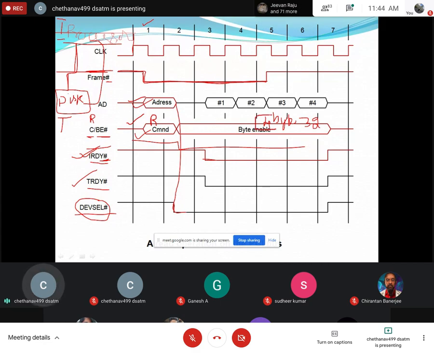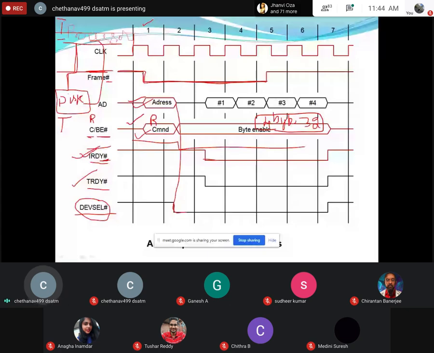Okay, that's what. And here, as soon as the address and command are available, the processor has put forward the address and command. It indicates one signal that the initiator is ready and even the target is ready. Here initiator means processor, the target means disk. Okay, both are ready. And before these two are ready, a device selection signal should be active. Device select means out of n number of disks, from which disk I want to receive the data. That is what device select will do. I think with this I have explained how our PCI will work.